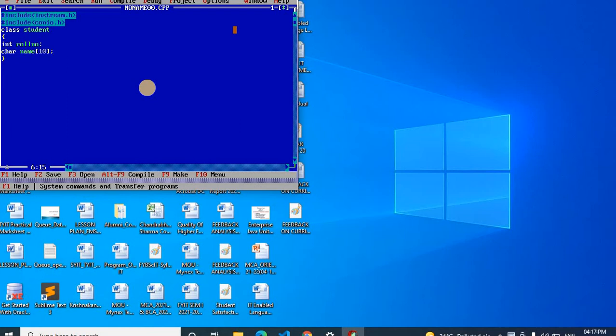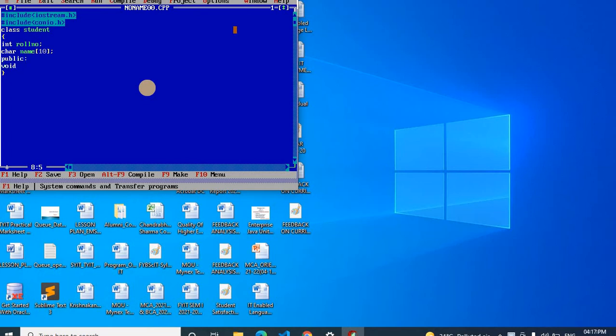Now I want to take inputs, right, and then we have to display the variables. So what I'll do, I'll write a function, okay, member functions, but remember the member function should be written within the public section. This is called access modifiers, right? Why will we write a public section? Because the values which will be written within the public section should be accessible within the program and outside the class also. So I'll write here public.